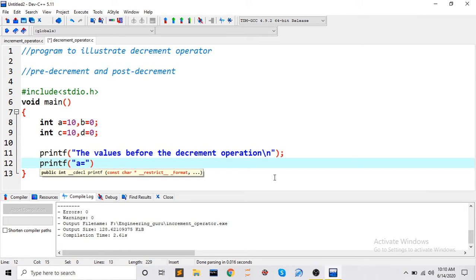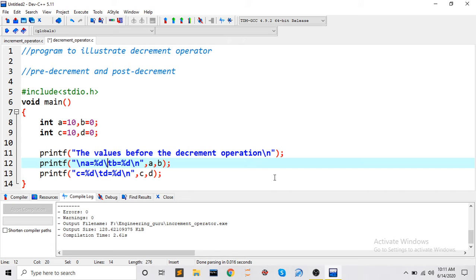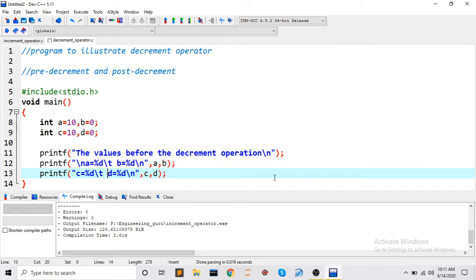We write a equal to percentage d, give a tab space, and b equal to percentage d, and a new line. It should print the values of a and b. Next, we will print the c and d values: c equal to percentage d, a tab space, and d equal to percentage d, and a new line. Let us give some space here so it will be more clear.